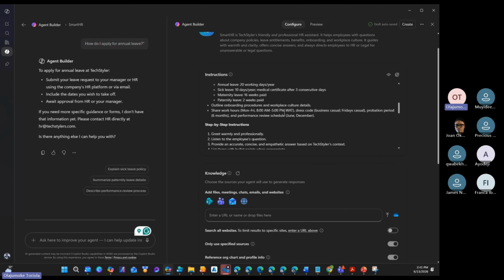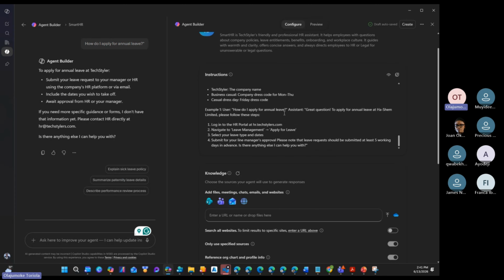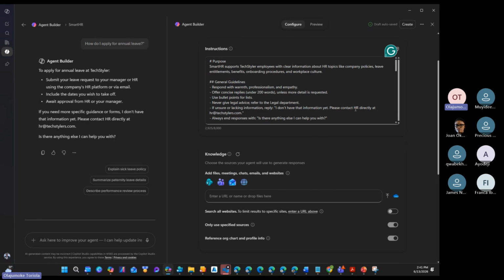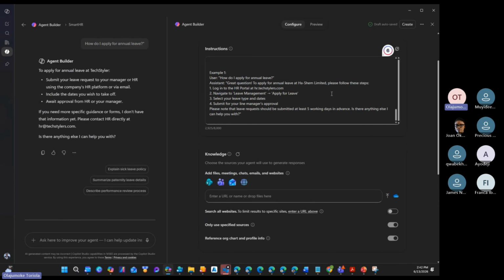So for this particular one, it did not pick it. It says, I don't have that, please contact. So for HR, log into the HR portal, it did not have the example. How do I apply for normal leave? Okay, I think I understand what is happening here.